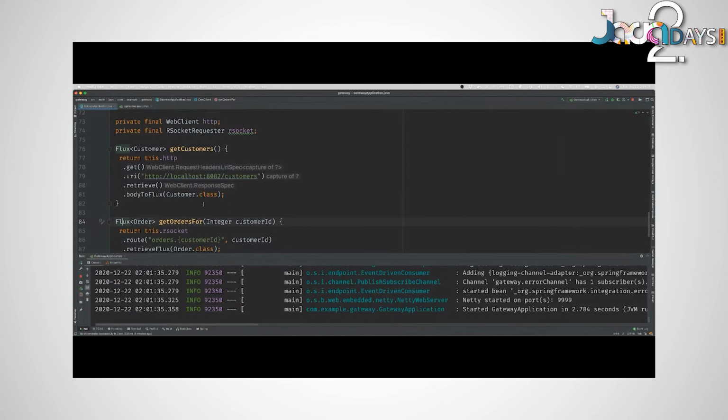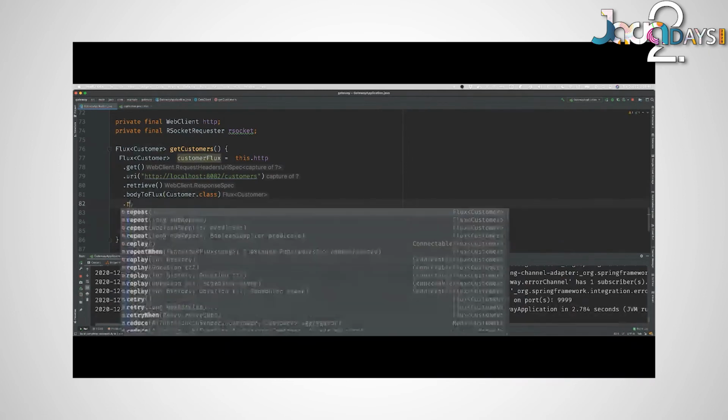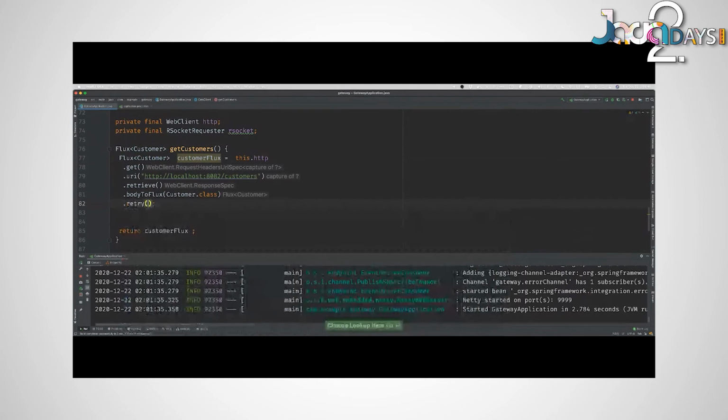Now, is this going to work all the time? I think not. Of course not. There's going to be issues. Things will fail. Of course they'll fail. It's the network. You've got to be aware of the risk that you have there. So what I want to do is make my code a little bit more robust. One thing I can do is to configure a retry. Maybe I retry 10 times. Maybe I retry and then do a back off.